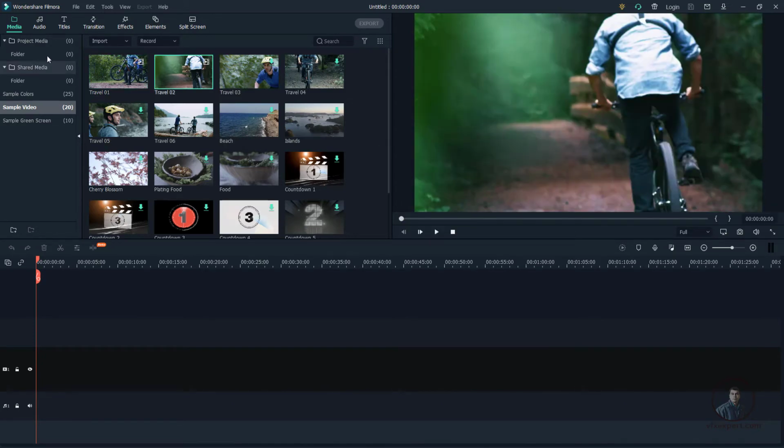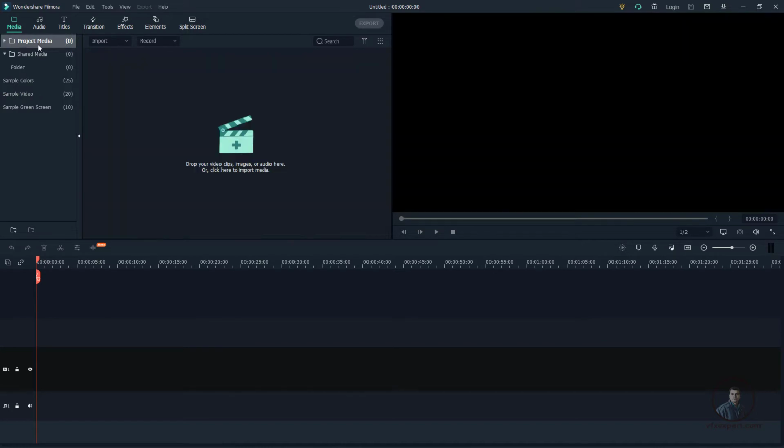Now after this, suppose I come again to this project media library. Now I am going to import some media on which we want to work. For importing your media, select this Project Media folder, and inside this you will get this folder. One folder, Filmora X, is given here by default. Then I have selected this one and simply click here, or you can also simply drag and drop, but I am going to import by clicking here.